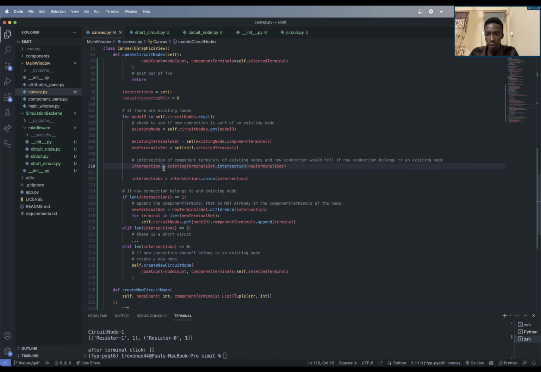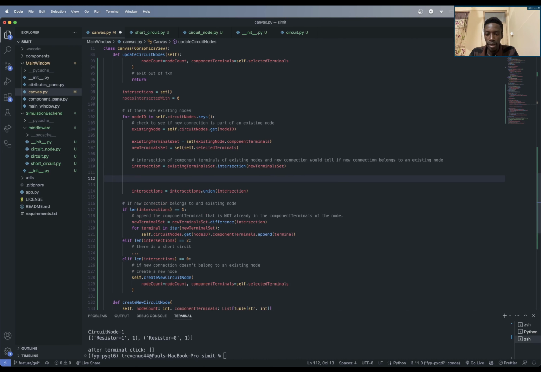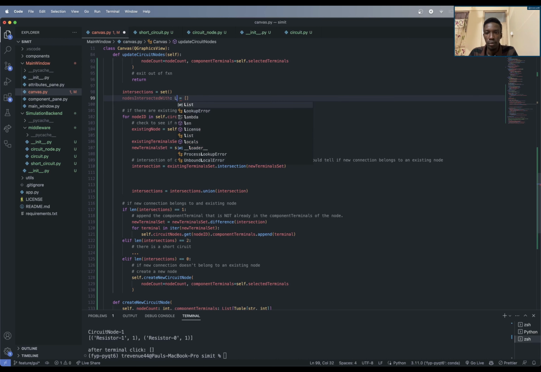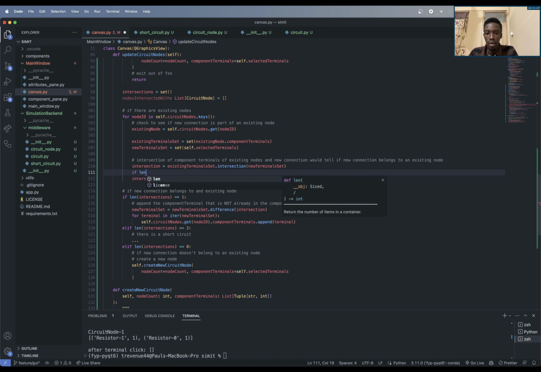I'm checking the intersections over here, right? Whenever there's an intersection, I basically update it. No, actually, it should be the actual nodes, right? So maybe a list of nodes. So if length of